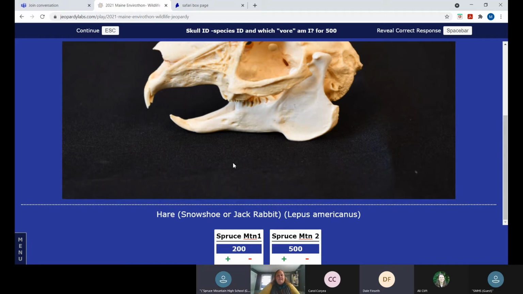Off the top of my head, I thought 5. I wouldn't know for sure. So we have actually 2. We have snowshoe hare, and the snowshoe hare changes color in winter. And we have New England Cottontail, and New England Cottontail does not change color in winter, so it's a little brown bunny. And as for the Eastern Cottontail,